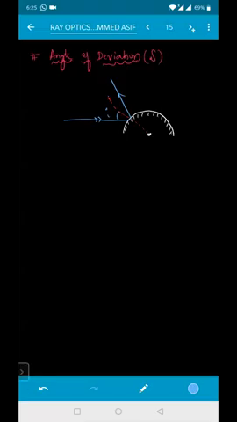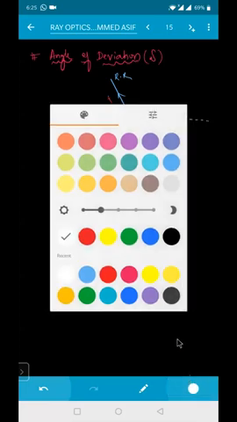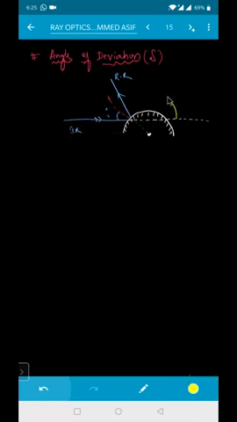Okay, fine, let's go. This is the ray of light, beta. This is the incident ray of light. This is my incident ray and this is my reflected ray. If this mirror were not there, what would have happened? This ray of light might have traveled in a straight line like this, beta, isn't it? Yes, sir.